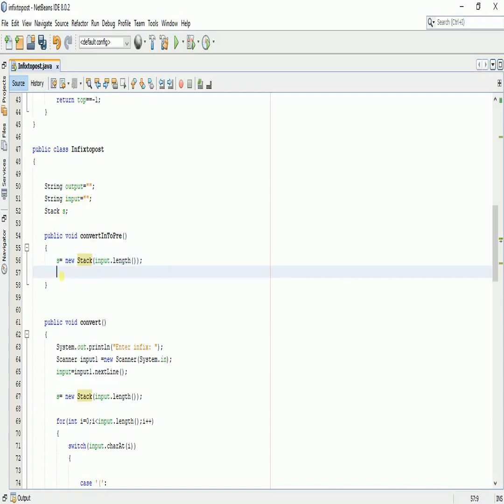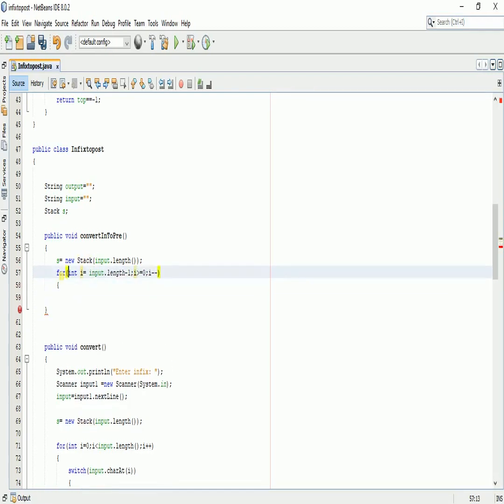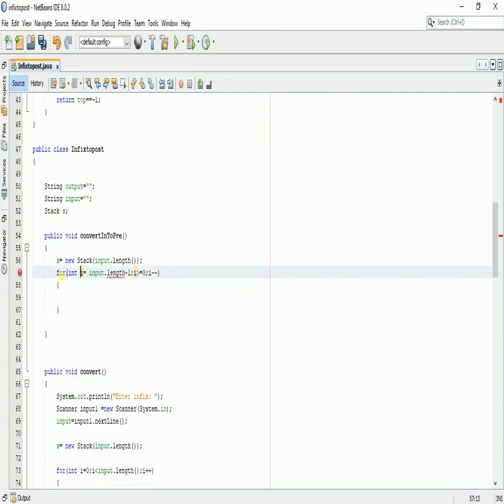now I will be creating a for loop, because I will be checking it in the reverse order. I initialize this i with the last value in the input string.